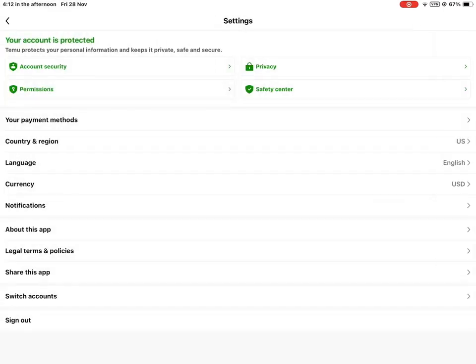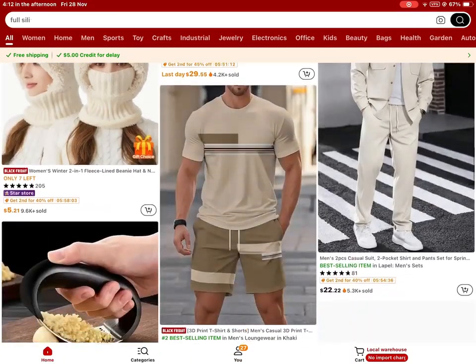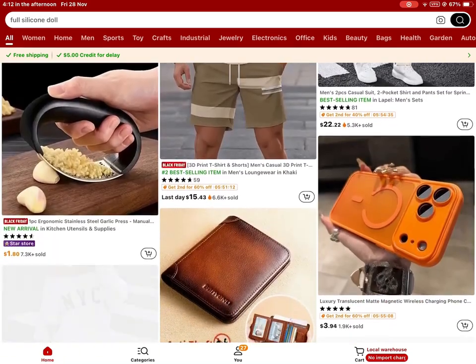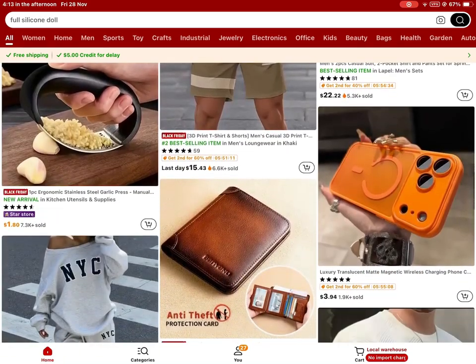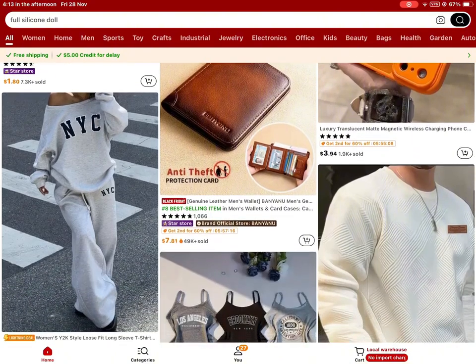So unfortunately, USD is the only currency available at this moment. So you guys could only exchange using the USD currency. After that, you guys could go back and continue with your shopping. You could continue searching your different items, but this will be displayed in the USD price.